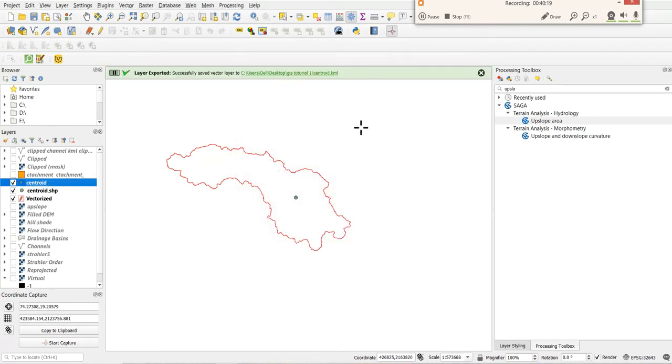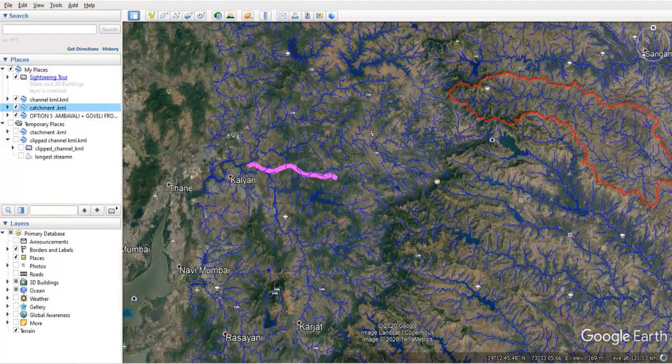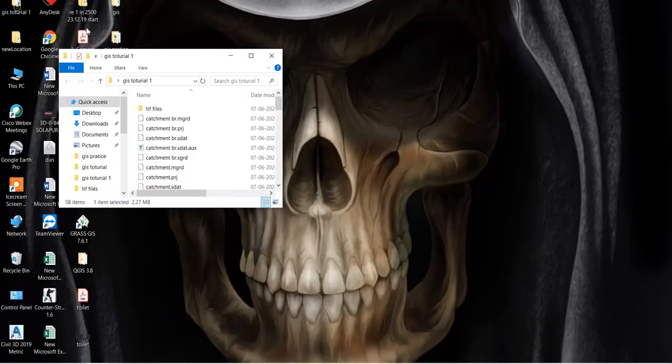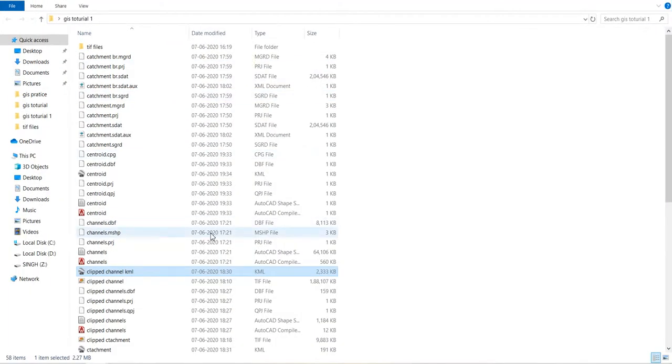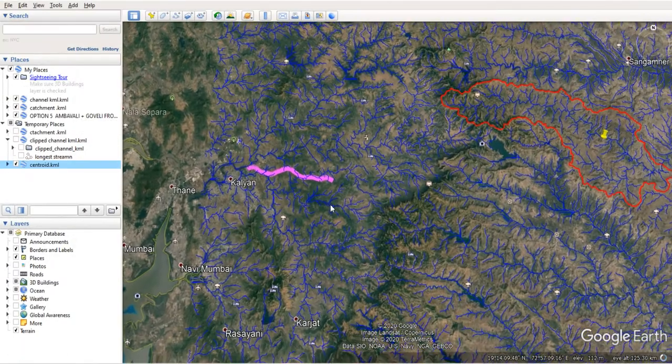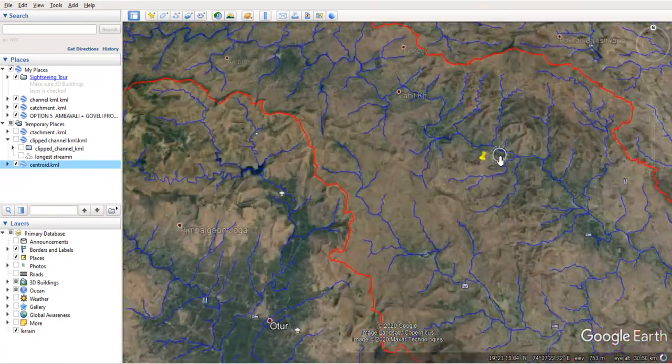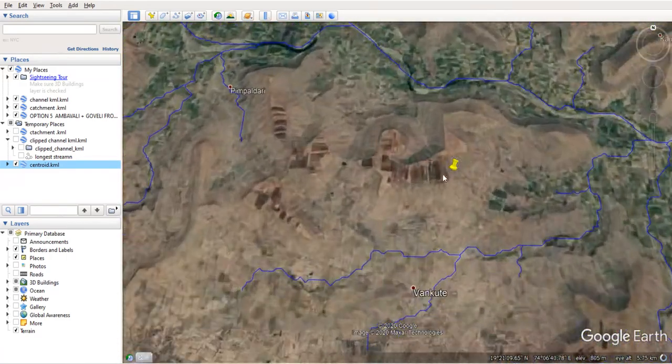So this is saved. Now we'll see how it looks in Google Earth. This file is saved here as centroid KML, and we can see it is pinned here. This is the centroid of this polygon.